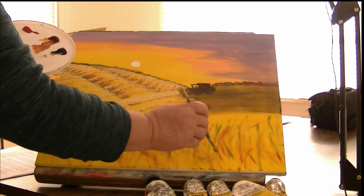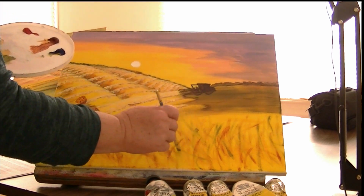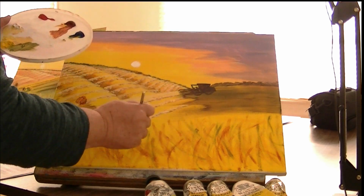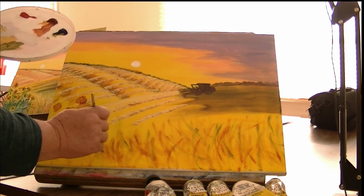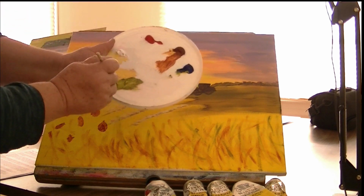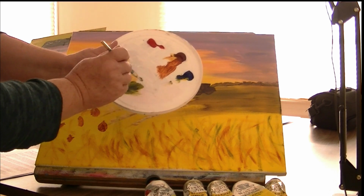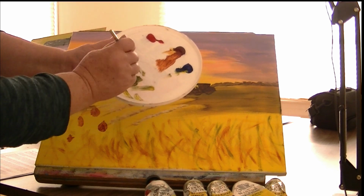And we still are going to have lots of light showing because of that yellow background that we have. So it really gives us a good basis to work from. So a little bit of yellow, a little bit of blue, sorry. And then we're just going to